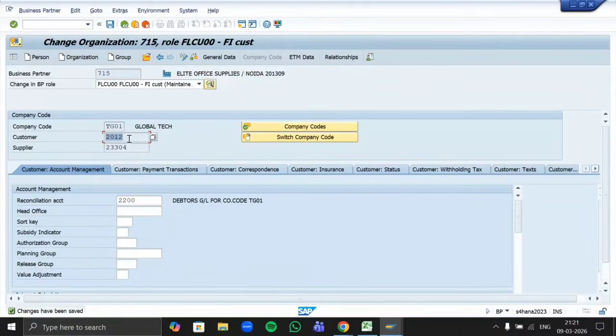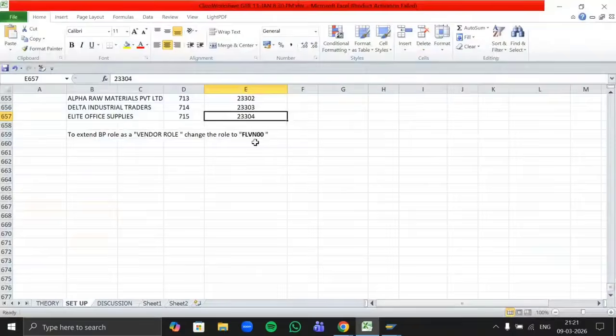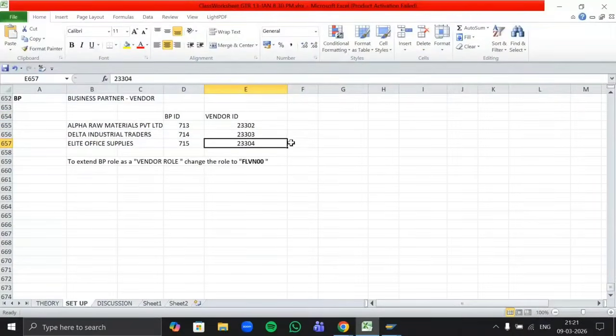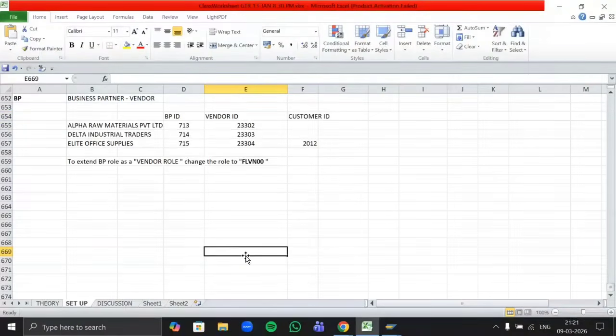So this particular business partner plays a role of your customer as well as your vendor, but both will have a unique code over there. Clear how to make your business partner as your vendor and your customer? Just you have to extend the roles over there.